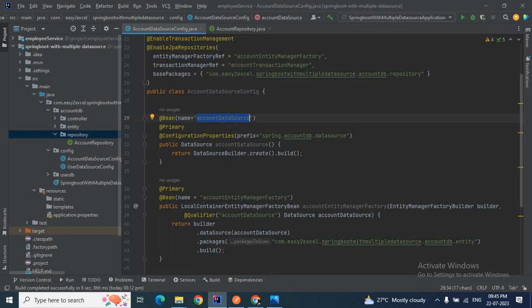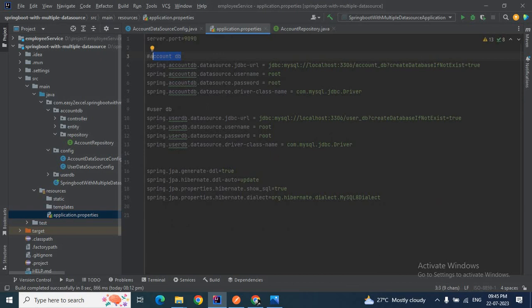To create this account data source, how will Spring Boot know which data source property to take? We need to tell Spring Boot to take this data source property to create the account data source. So how do we need to tell? Here you can see prefix is equal to spring.accountdb.datasource. If I open my application.properties file, you can see here the data source properties for account DB start with